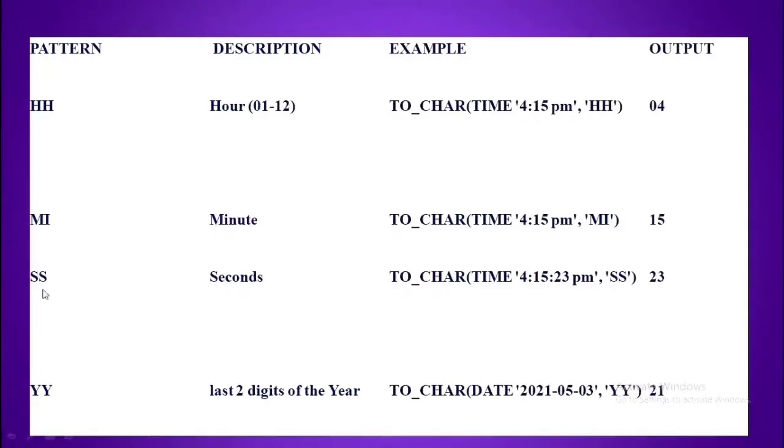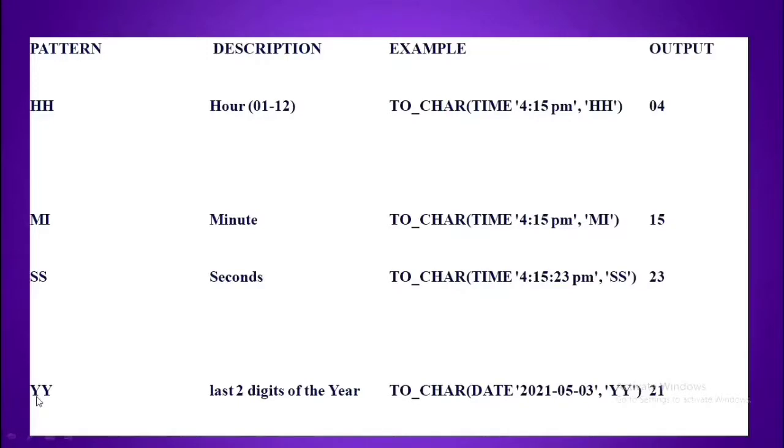Next, seconds. SS means seconds. The example is to_char of time 4:15:23 p.m., so only SS is displayed. 23 is the seconds. In this example, 4 is the hours, 15 is the minutes and 23 is the seconds, so 23 is displayed.